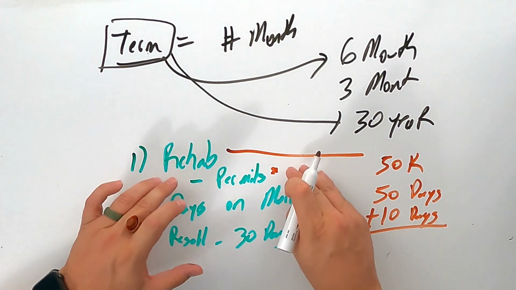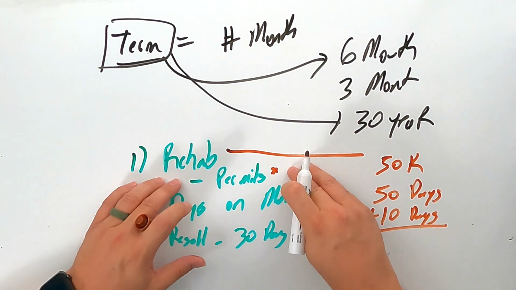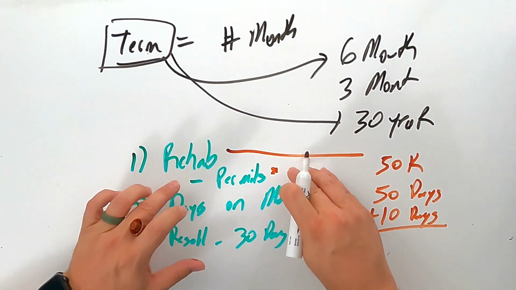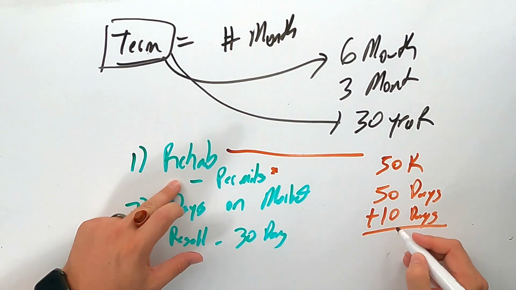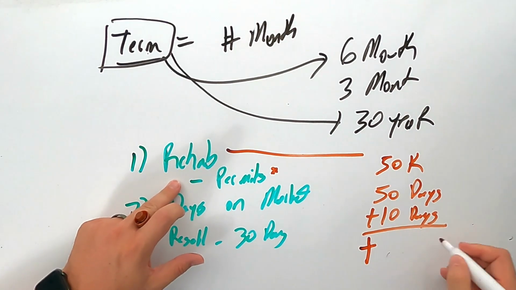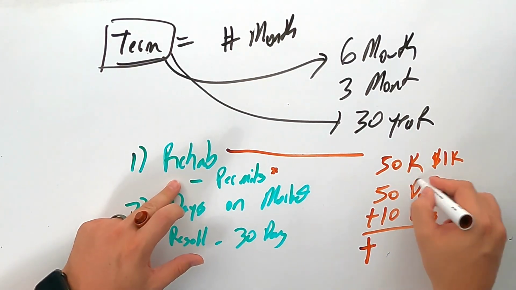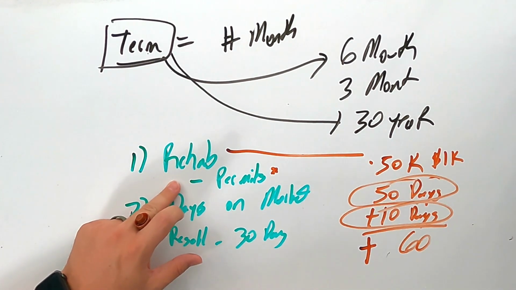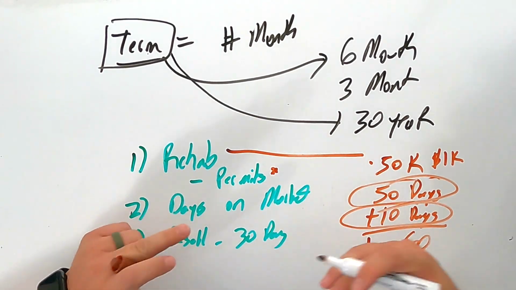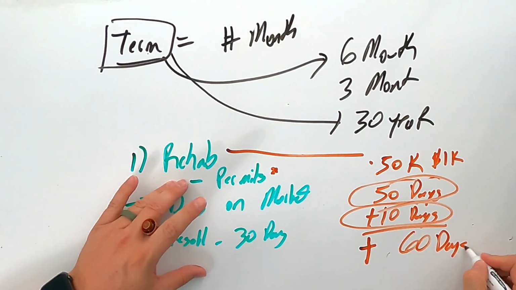So what you're going to want to make sure you know is when you're talking to your contractor, asking them, how long will it take until we can get a permit in hand? Because if it's going to take more than 5 or 6 days, maybe up to 10, you're going to want to extend that period, because we do $1,000 a day. That's how long we plan, plus we add 10 days, so then 60 days. If this is a $50,000 remodel and I'm in a place where it's not going to take me months to get a permit, I'm going to plan on 60 days in this scenario, okay?